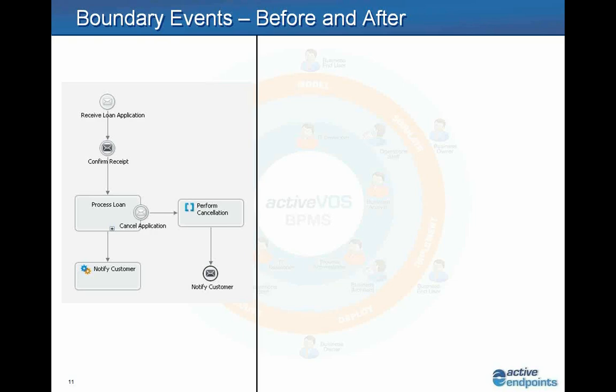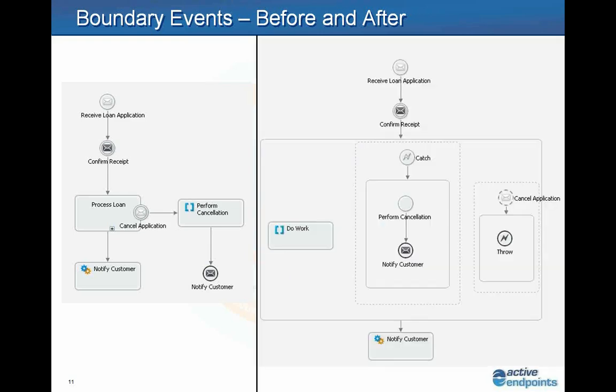So let me also show you some of the things that you would have to do if you didn't have boundary events, with a fairly common scenario, which is an interrupting boundary event. What's on the left is process this loan and cancel, treat it as an interrupting boundary event, and then do some amount of work around performing the cancellation and then notifying the customer. Without this capability, the way it has to be modeled is to say, do some work,